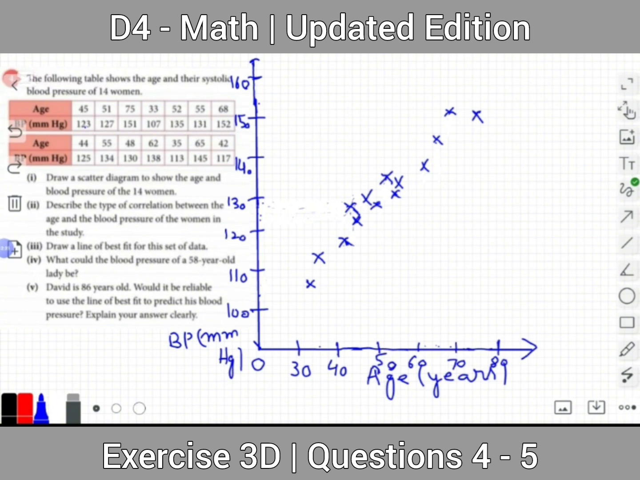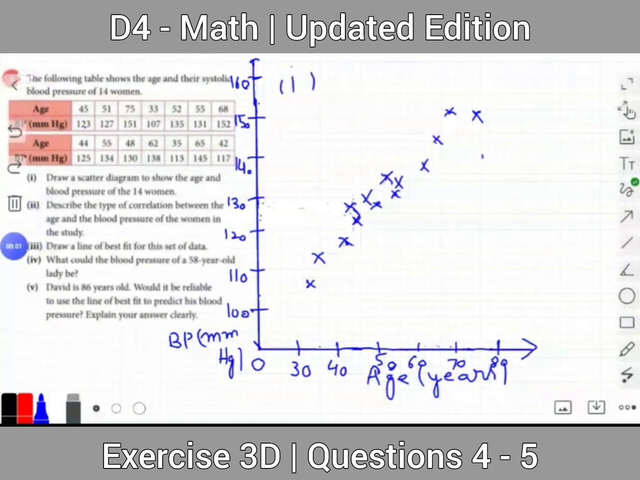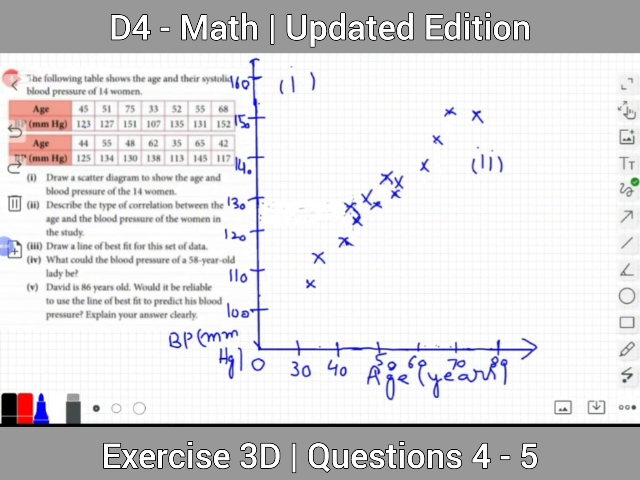So this is the scatter diagram to show the age and blood pressure of the 14 women. Now in part 2, describe the type of correlation between the age and the blood pressure of the women in the study. So this is a strong positive correlation